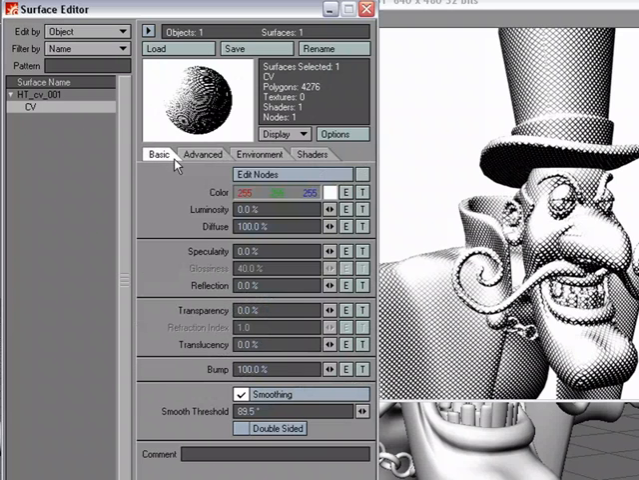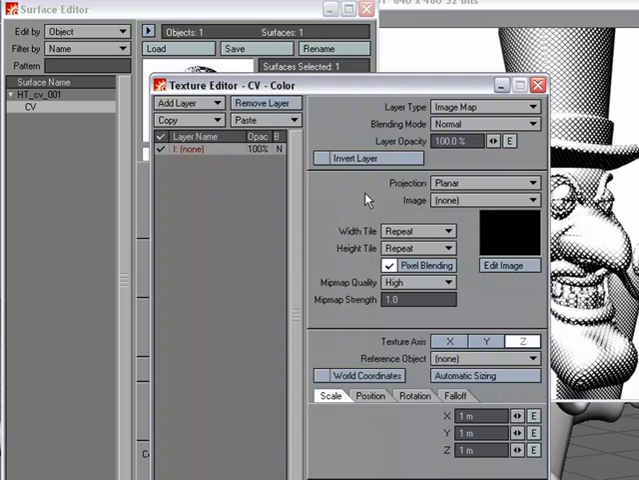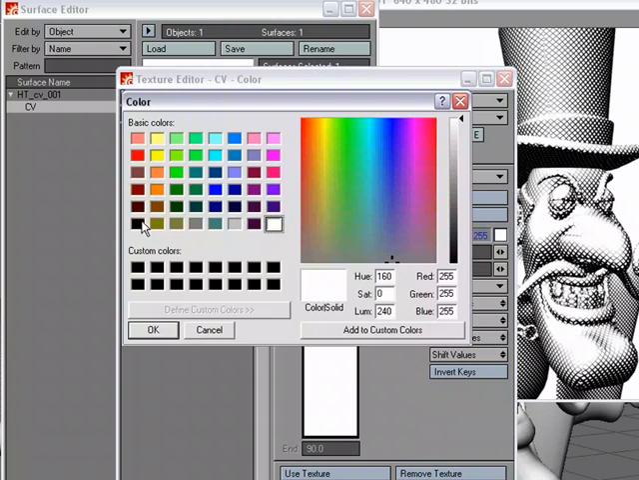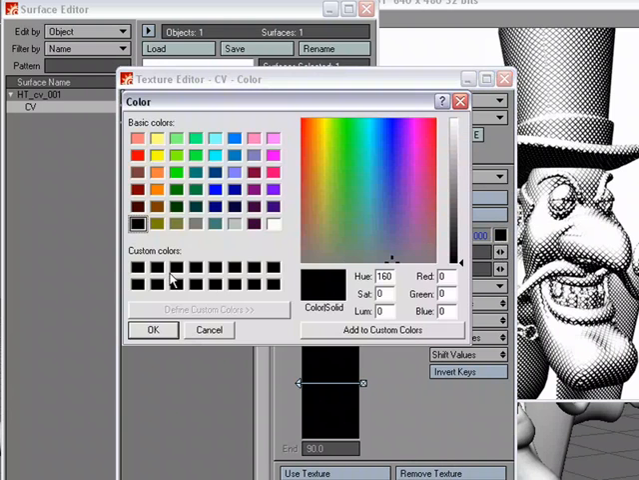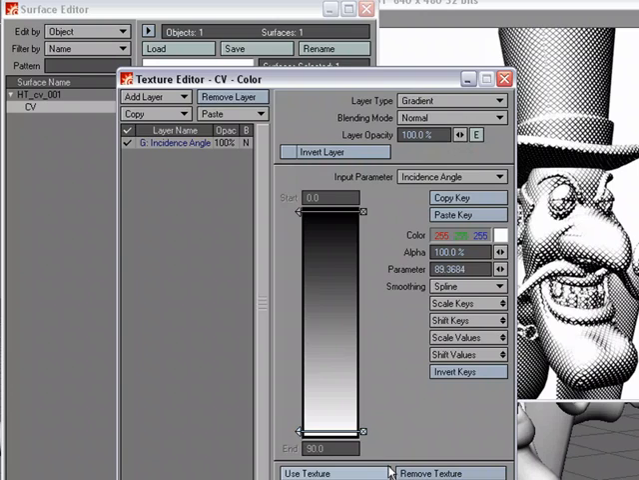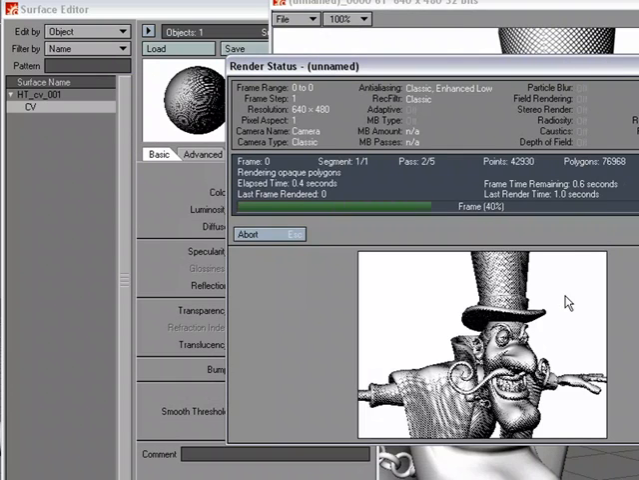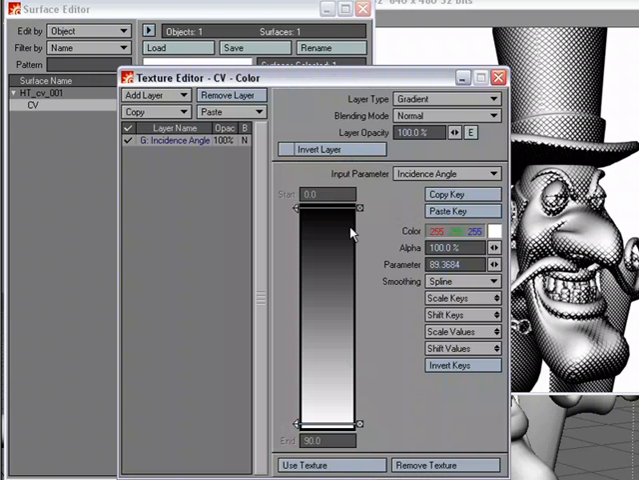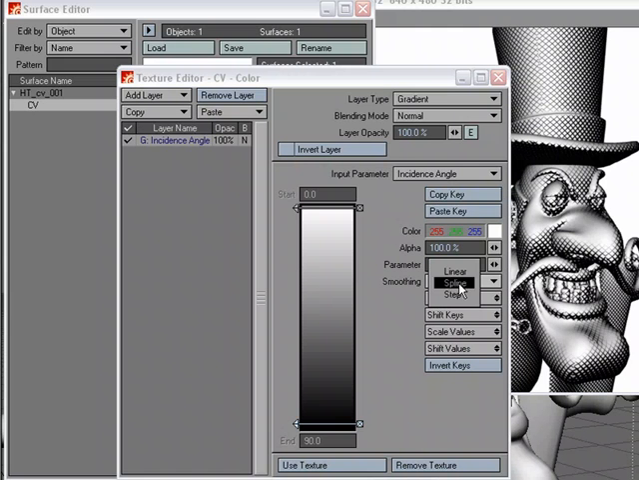Or I could come over to Color, and let's just add a quick gradient. So gradient, and I'm going to set this to incident angle, and let's go black, and let's go white. Okay, and let's see what this ends up looking like. Okay, so we can see a little bit of white there. I'm going to harden that up. I'm going to actually invert that, and let's set it from spline to step,